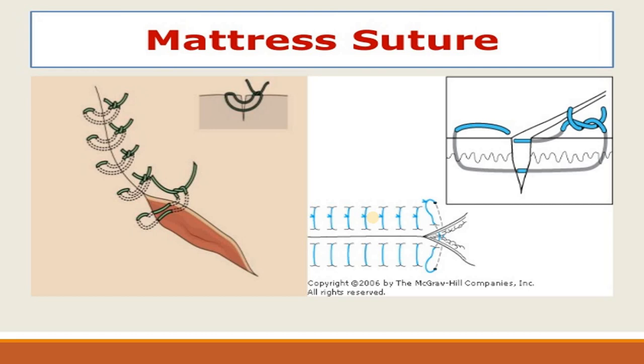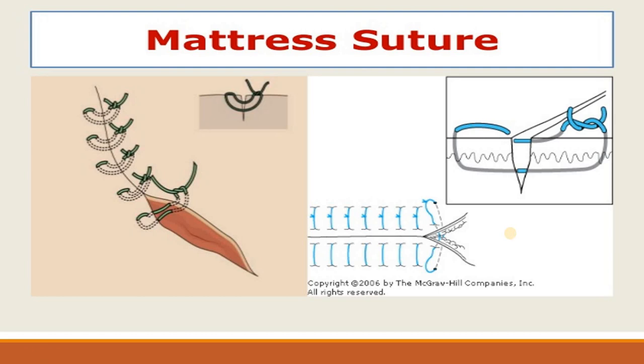Mattress sutures, you see there. This technique we commonly use in abdominal and chest wall incisions, whenever there is any abdominal surgery, LSCS, lower segment cesarean section. At that time we use these mattress sutures. Because of the effect in this technique, the needle passes through the skin edges. You see there, the corner edges will be open.